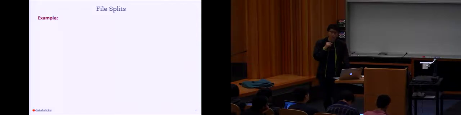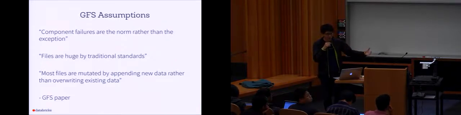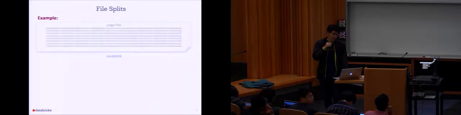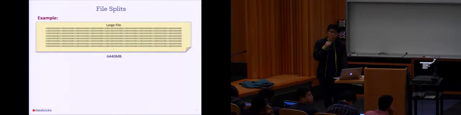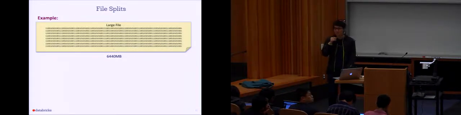The idea is that these 3 assumptions make it substantially simpler to build a file system that can sustain very high throughput and failures. And the way they did it is fairly simple. I bet you can all design it if I give you half an hour to think about it. It might be hard to implement reliably, but the conceptual design is fairly simple. The idea is, let's say you have a large file. How are you going to store it?